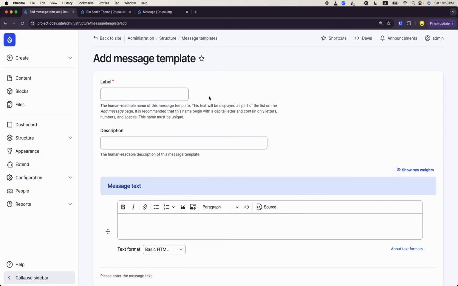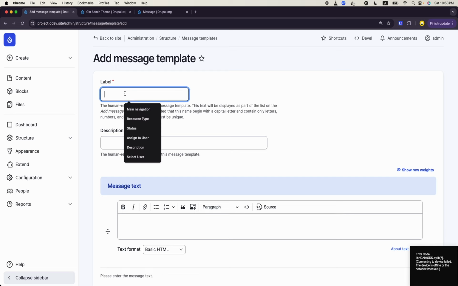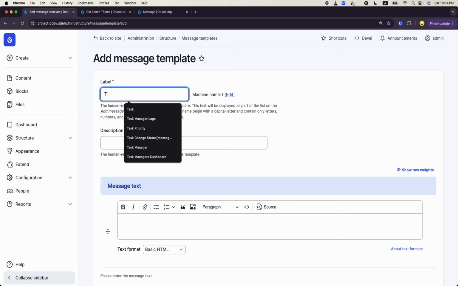So for example, I want to create a message to a user that a new task has been assigned to you. Which task? So this is a very important lecture, so be attentive. I will call it, the label should be, what we can call it, Task has been assigned to you, task manager